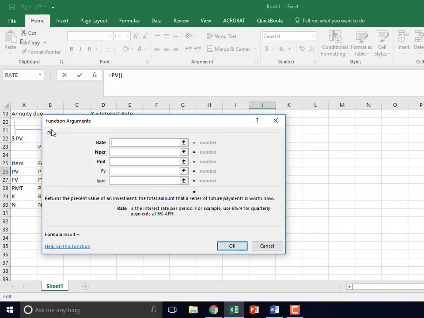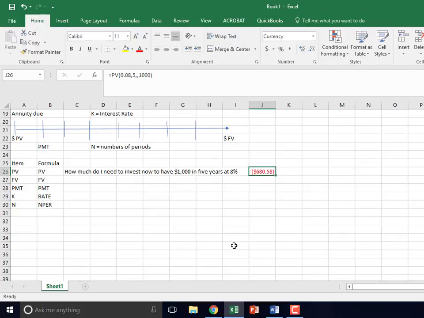So after you've typed in PV, it will give you a space to put in all of the information that's given in the problem. So we were given an interest rate, 8%. We were given number of periods, 5. This is not an annuity problem, so we are going to skip over payment. And future value, we want to have $1,000. So how much do I have to put in a bank account to have $1,000 at the end of 5 years in a bank account that is earning me 8%? And the answer to that,